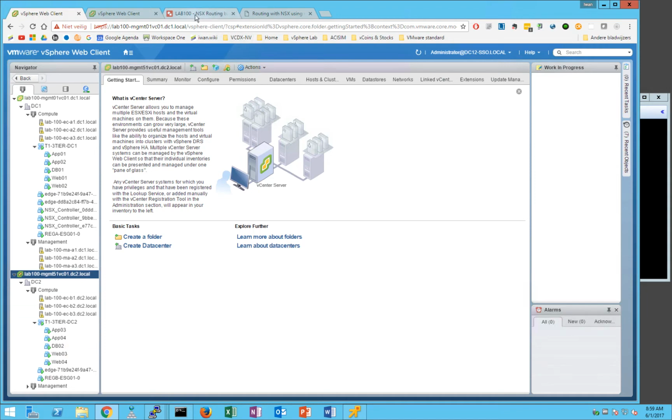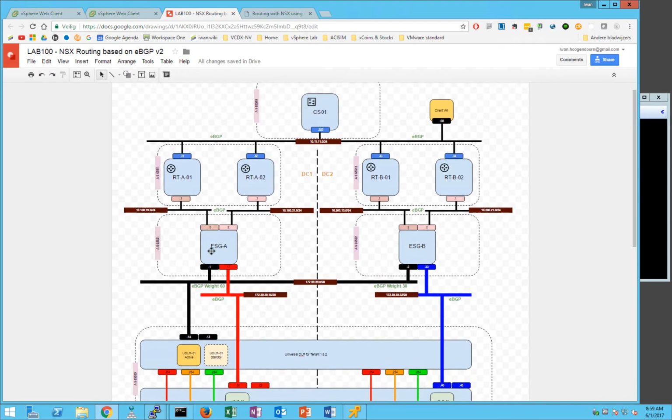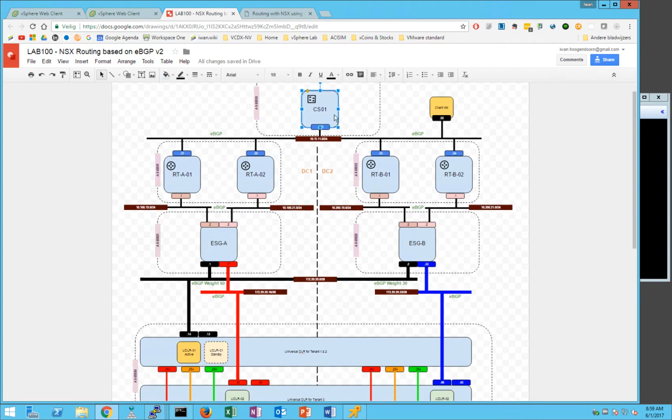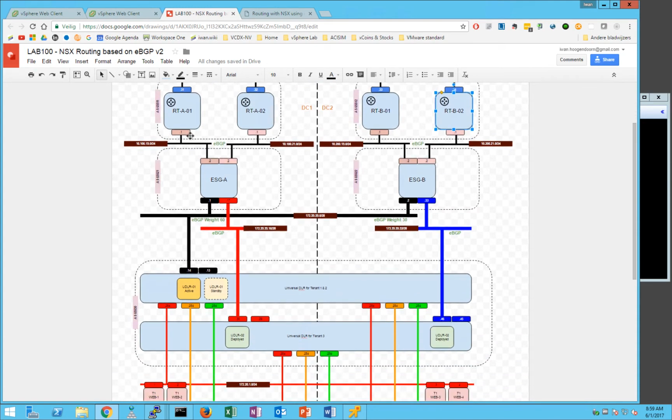So this translates into this drawing here, where you can see, well, let me just go a little bit up. I just created a routing environment. This is my physical switch, a Cisco 3560, and I have connected 4 virtual routers to that. 2 are in DC1, these are Cisco CSR 1000V virtual routers, and the other 2 are running in DC2. And I've connected these through interfaces or VLANs